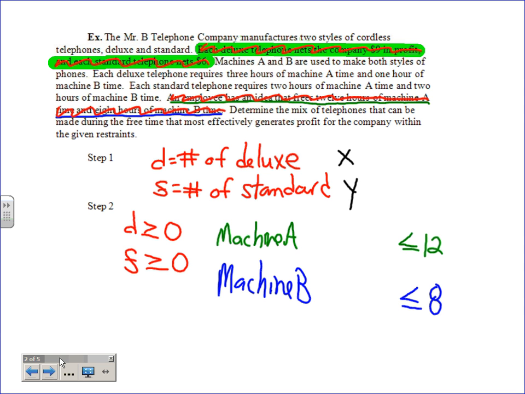So each deluxe telephone requires 3 hours of machine A. So for every deluxe, I need 3, correct? Hours. Now, this is the hard part for some people. I just used